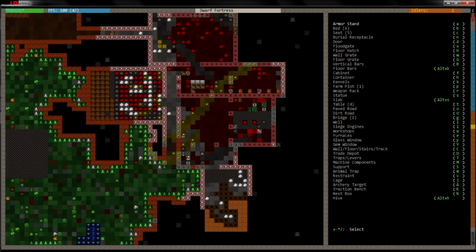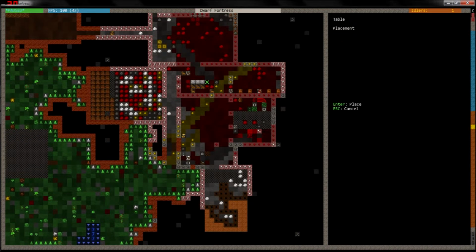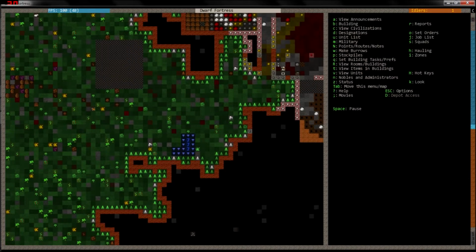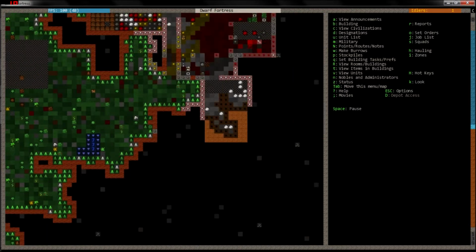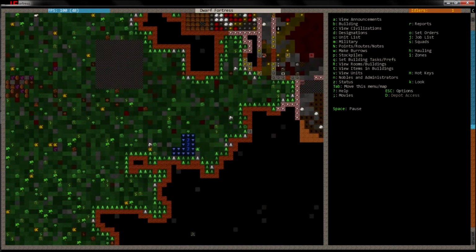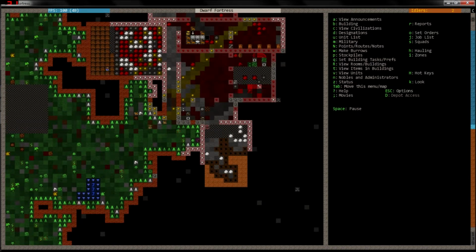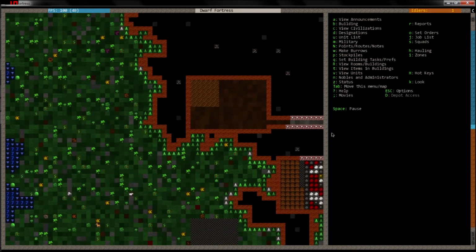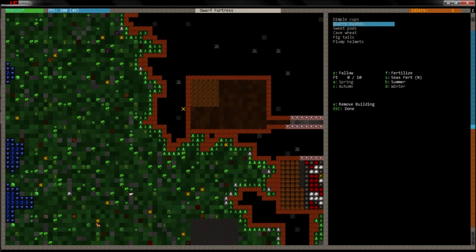And actually, we can go ahead and build the other table, I believe. Bam. Awesome. What else? What else? What else? That still needs to be built. Yes, so we got a door down here now. That's good. We got progress. Progress is always good. And the farm is done, which means we can now...